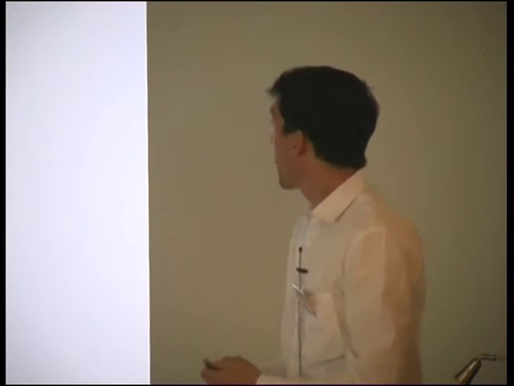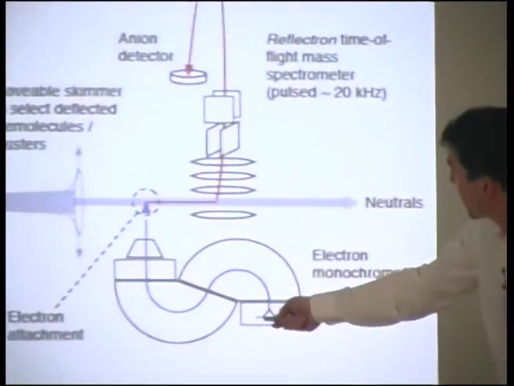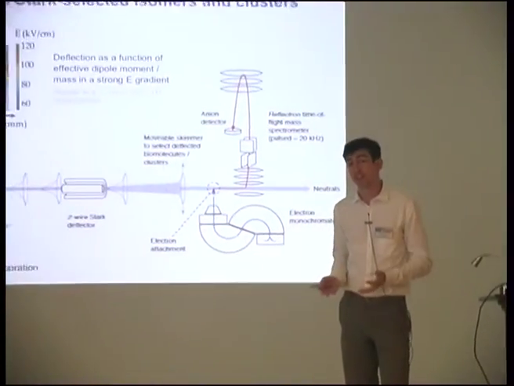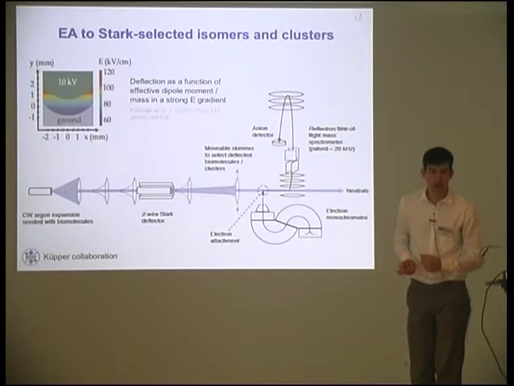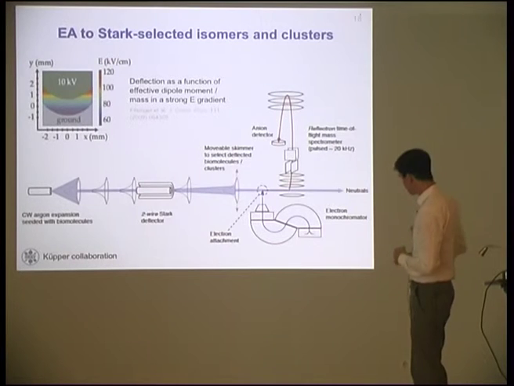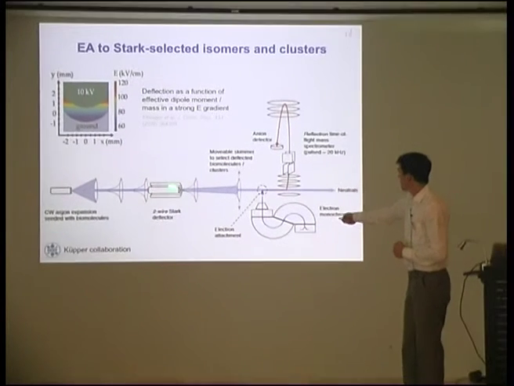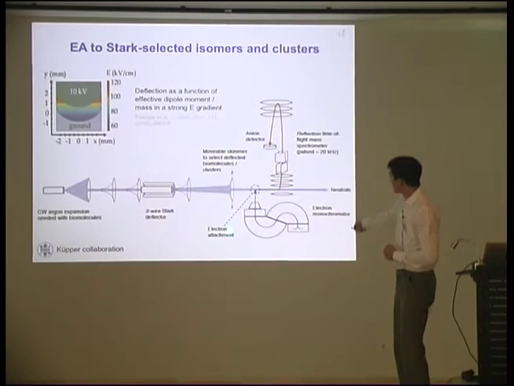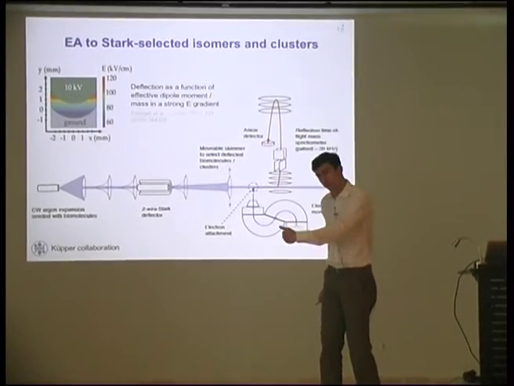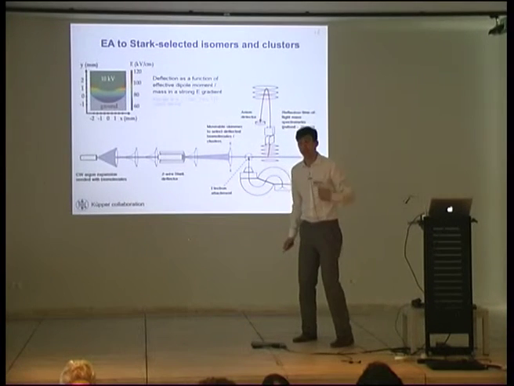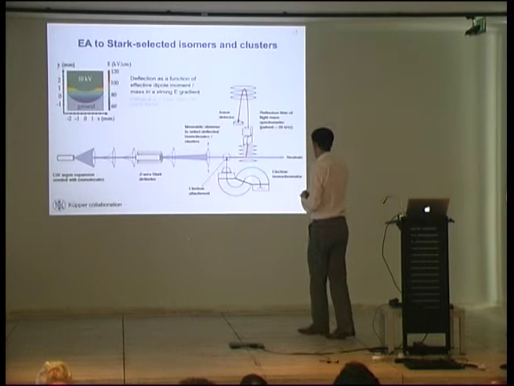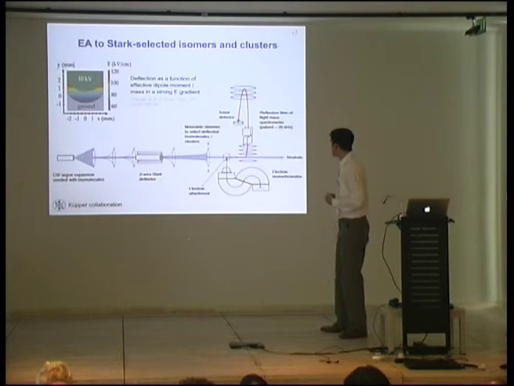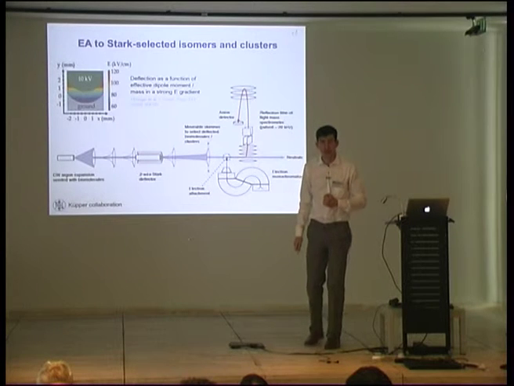Yes, and so that's the method that we're trying to exploit. Again, we have a molecular beam. In this case, you need to really limit rotational excitation. That's a big challenge in these types of experiments, because that will blur out any kind of effect that I was talking about. So you produce a very cold molecular beam, you pass it to your Stark deflector, then you have a physical skimmer that you can move across your beam to select different parts of your beam, and therefore select different clusters, different isomers within that beam, and then you cross it with a high-resolution electron beam and analyze anion production.